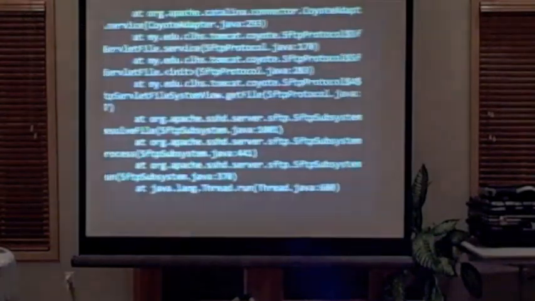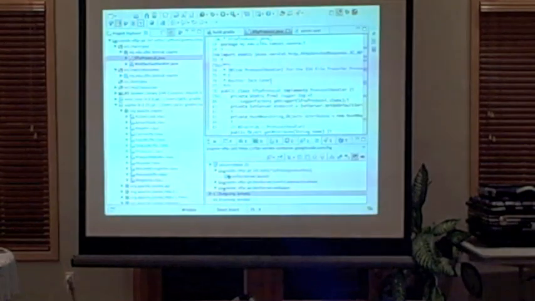I've got 15 seconds. I'm going to just show you the code real quick. I was actually impressed with Tomcat. I was worried that this was going to be really hard to do, but Tomcat actually made it really easy. I don't think it's that well documented because nobody really does this, but you need to implement a protocol handler. And